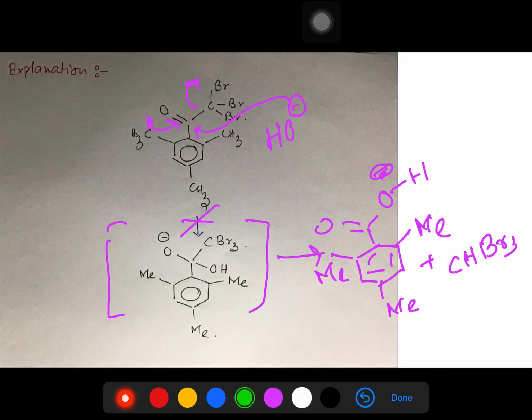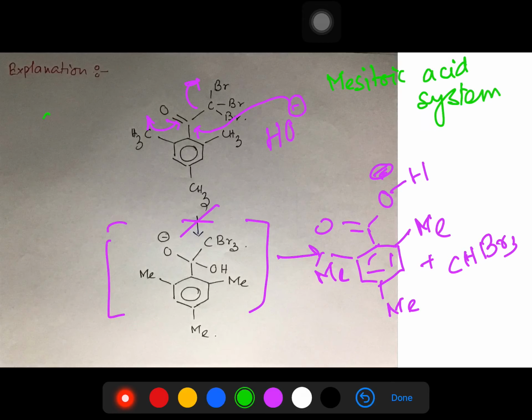So that thing you need to understand, this is actually a mesitoic acid system. Please remember this term. This question may be asked in your viva or exams. Okay, this is actually mesitoic acid system and it has a unique property, means nucleophilic attack on mesitoic acid system doesn't occur. What do I mean?